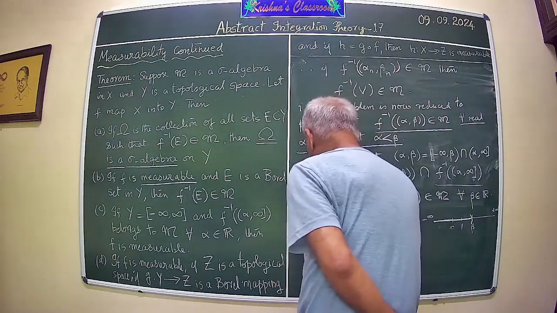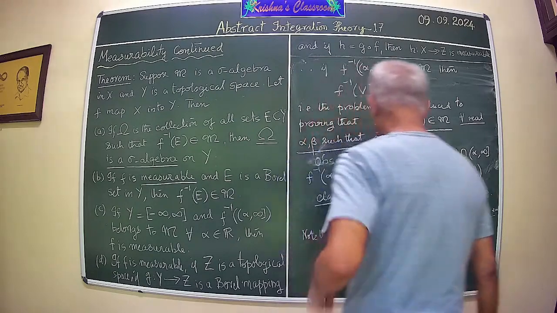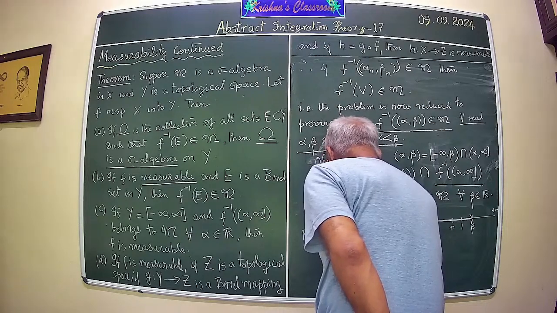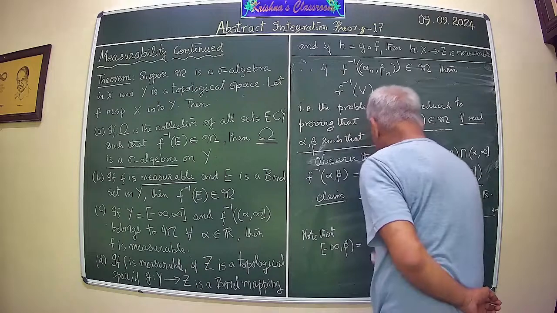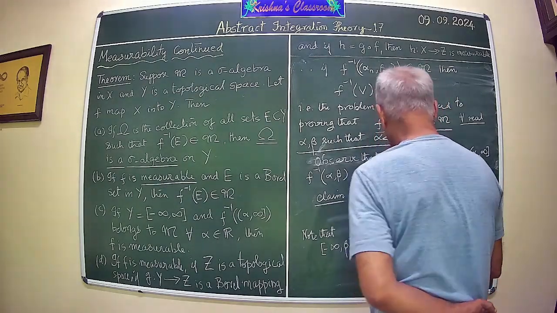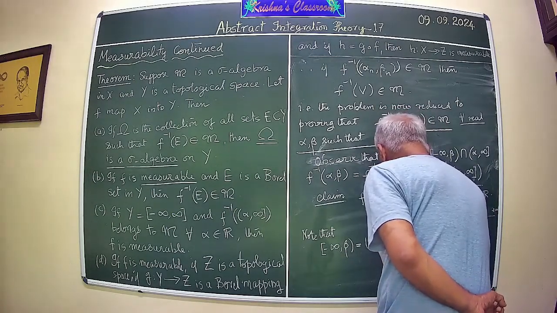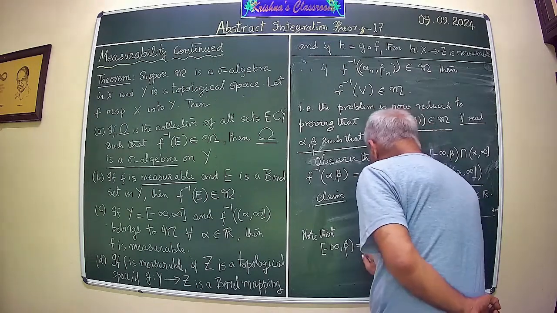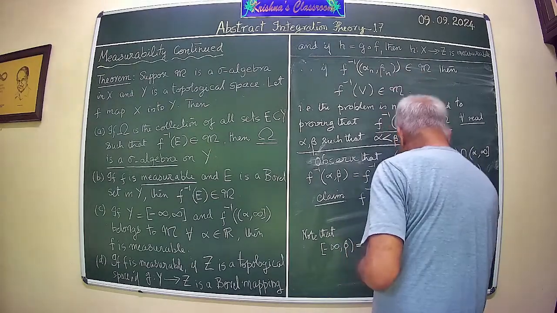Note that it is equal to the union of the collection minus infinity to beta n, infinity, this interval,